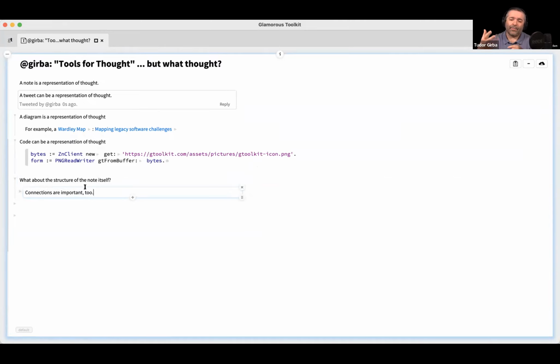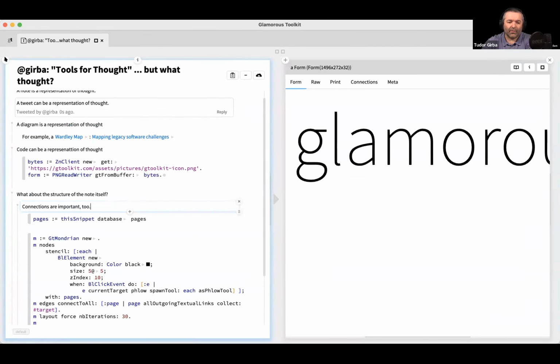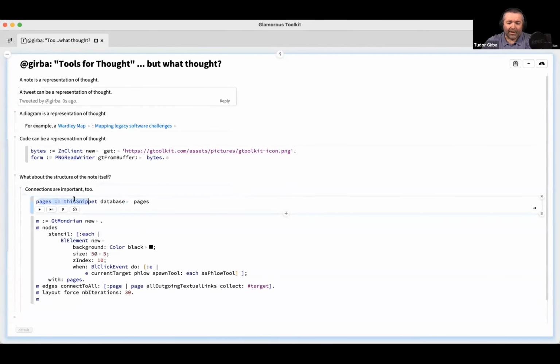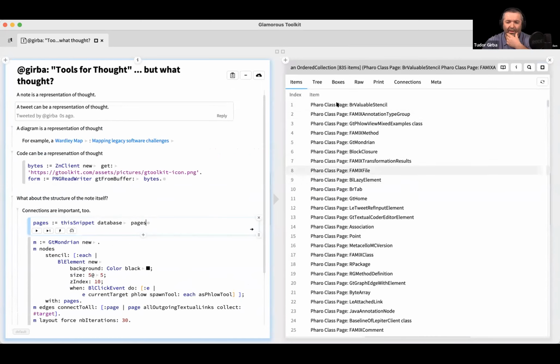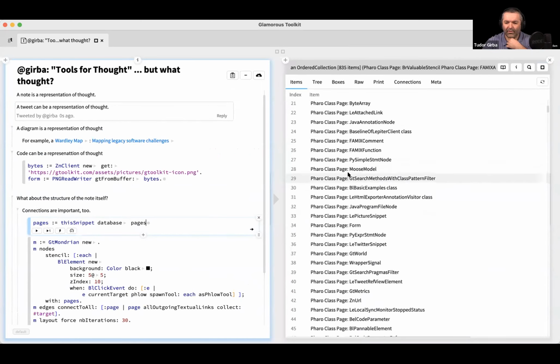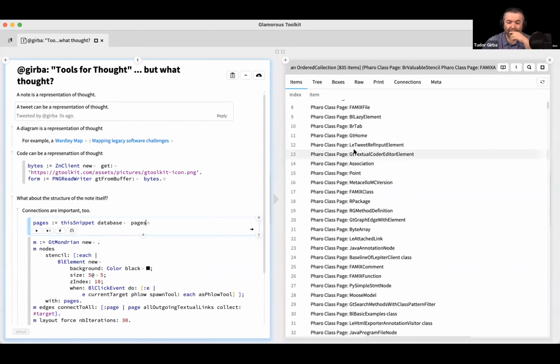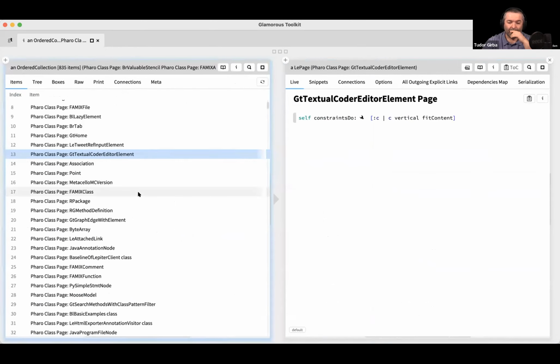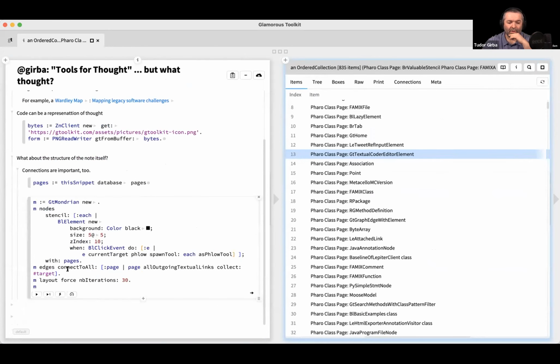Well, if I can inspect the page, I can also go and inspect the database of that page. So here, for example, I talk about this exact snippet. This is a variable that will return an object behind this very snippet. And I'm just going to say, well, could you please give me the database, and then just give me the pages from that database. It's going to be a collection that I can see over here as a collection of pages. And of course, I can go into any of that and see what's in that page. So these are all the pages in this database.